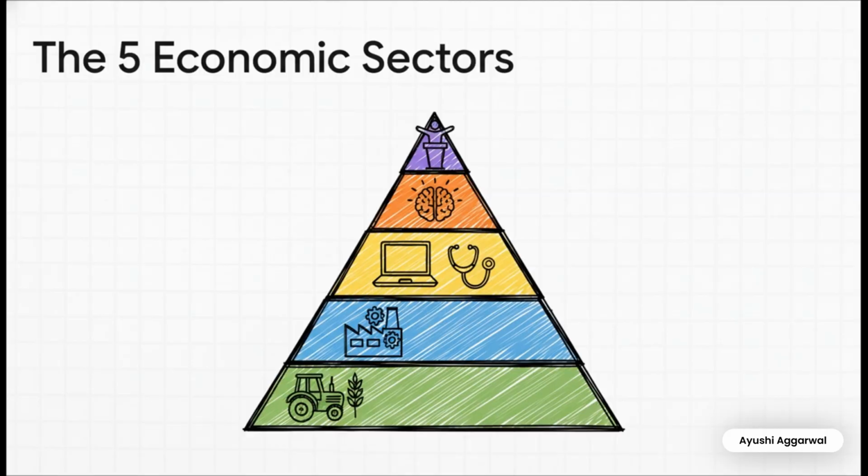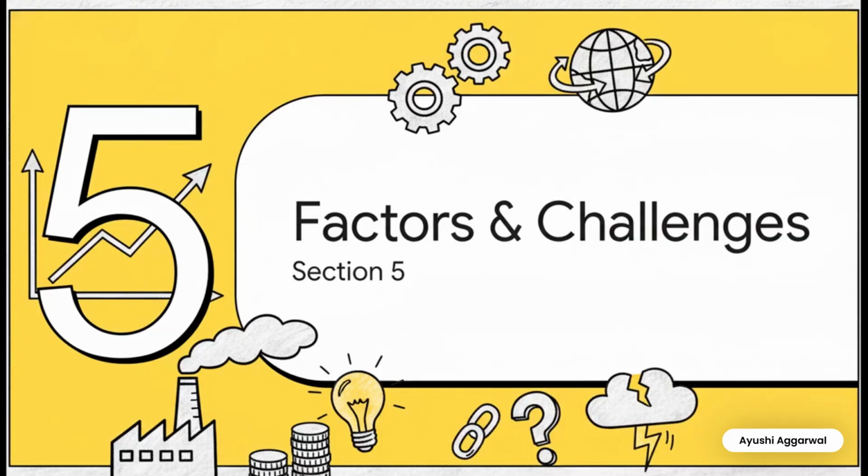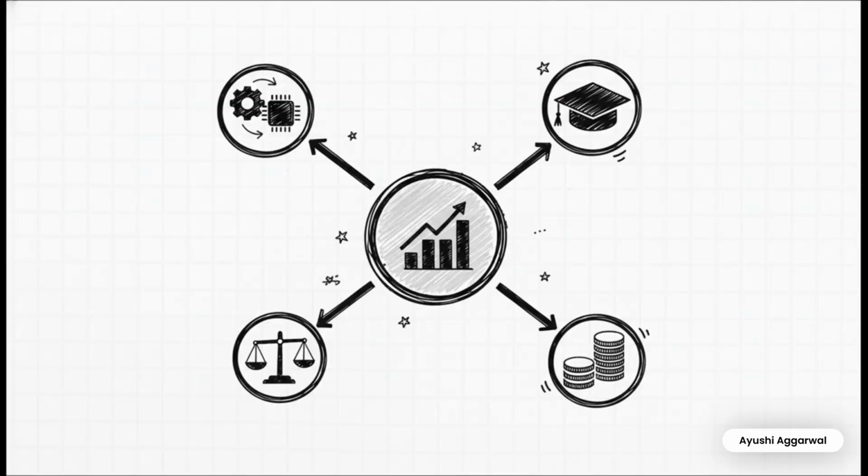And now we're in our final section. Here, we'll look at some factors that have a real impact on any country's national income. This will really improve your analytical understanding. You see, a country's income doesn't just depend on its resources. It heavily depends on the skills of its people, which we call human capital, on the amount of investment happening, called capital formation, and on factors like political stability. The better these things are, the faster a country's income will grow.